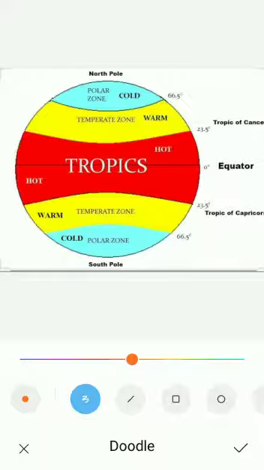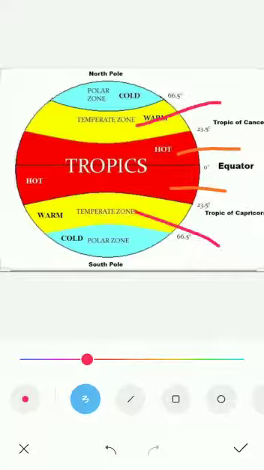3 heat zones. So the first one is the torrid zone. This is the torrid zone, or you can say tropical zone. The second one is the temperate zone. Here you can see this is the temperate zone, which is in yellow color, and the third one, frigid zone. This bluish green color is the frigid zone. So we have roughly three heat zones. First one is the torrid zone, second one is the temperate zone, and the third one is the frigid zone. So let's study one by one.